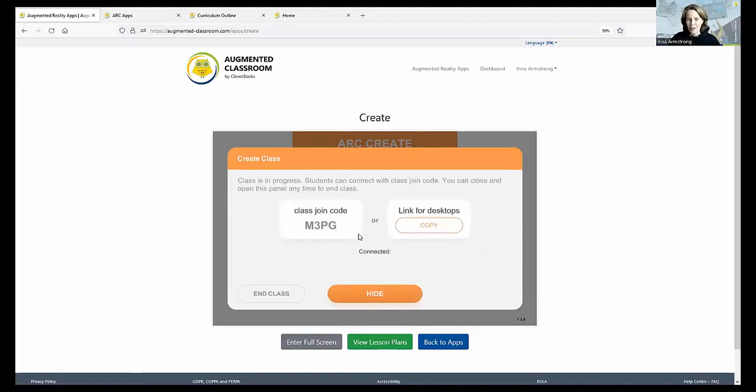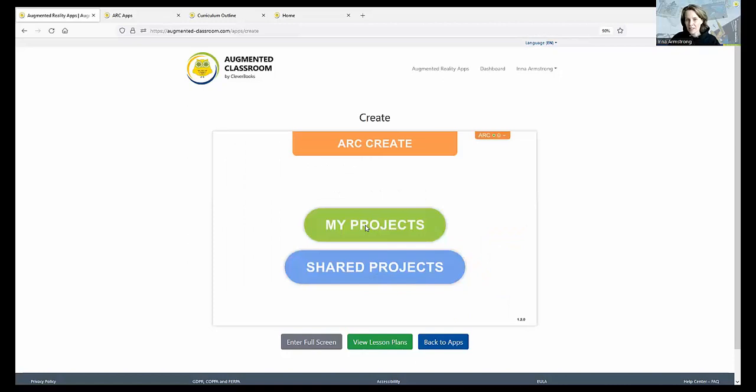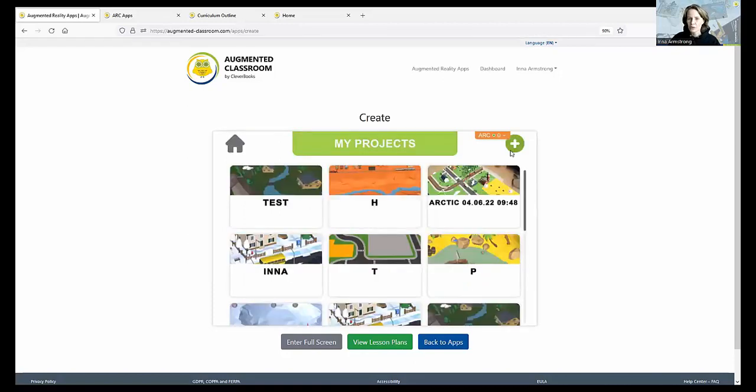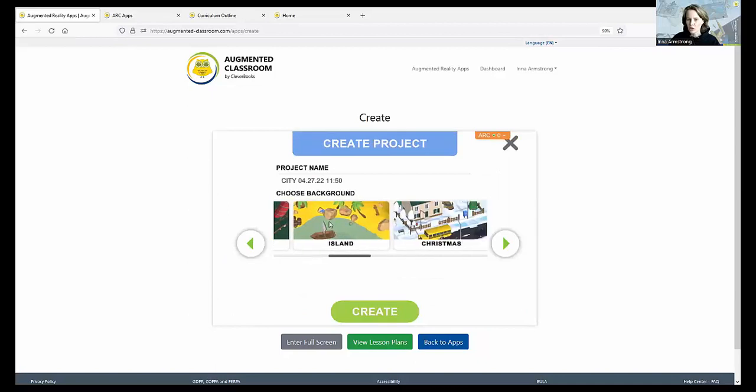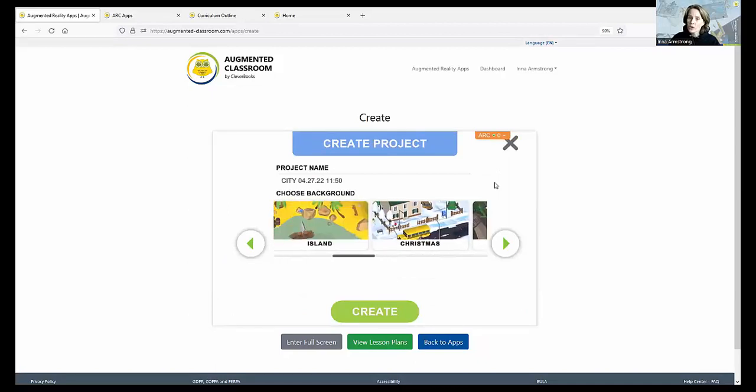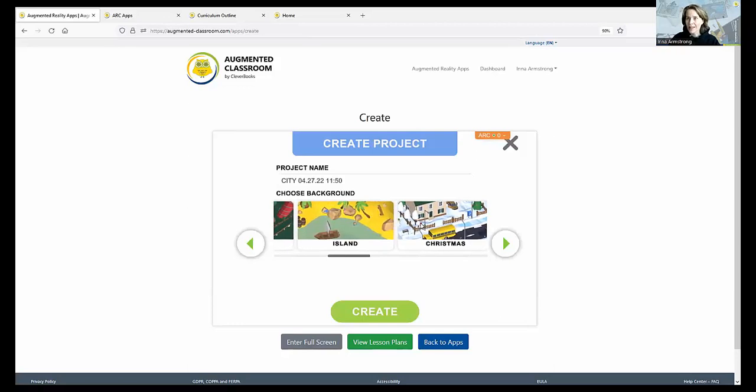In this case, you have two different ways students can join your activities, either through adding the code, that's if they use the mobile version of the application, or you can click copy and share the link with your students. This way they can join from their desktops or their Chromebooks or laptops. To facilitate the activity, you can either prepare the activity for individual students and share a specific project to individual students, or you can share a project to a group of students, and then they can be working together collaboratively